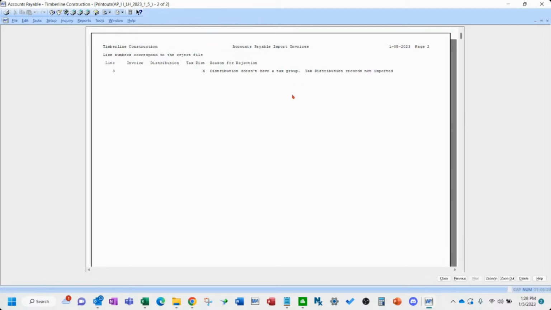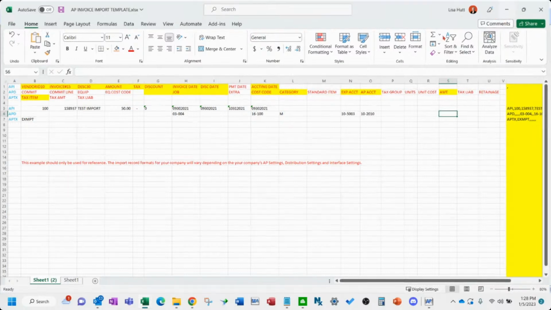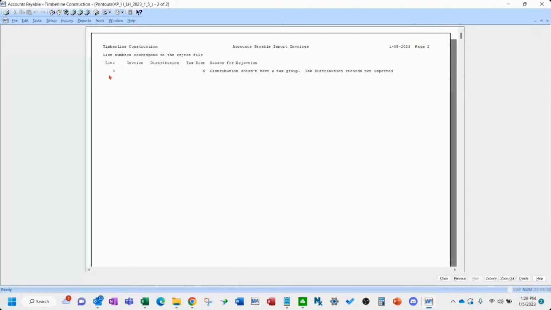So to fix that, I need to fix one of my fields on my tax group here. It's probably actually on this line, the stuff I deleted might still need to be there. As you're witnessing, you can use the clues in here to help you figure out what you might be missing.